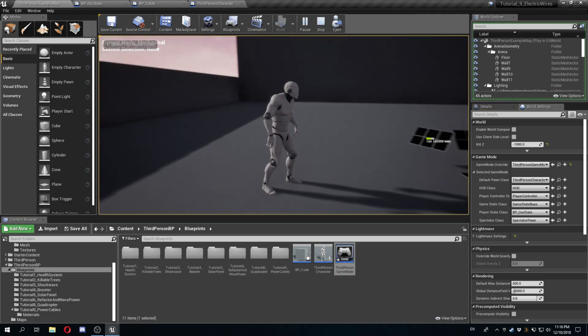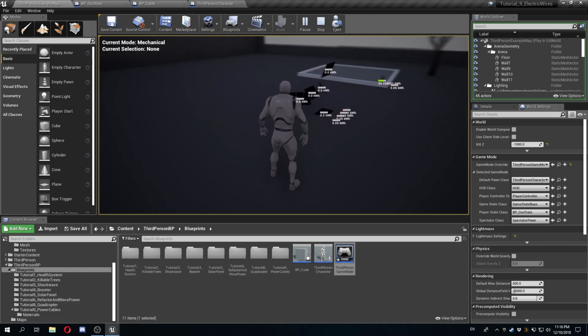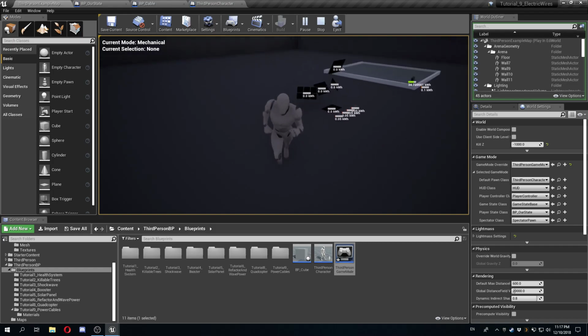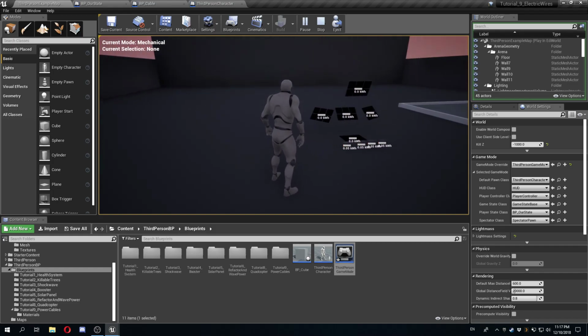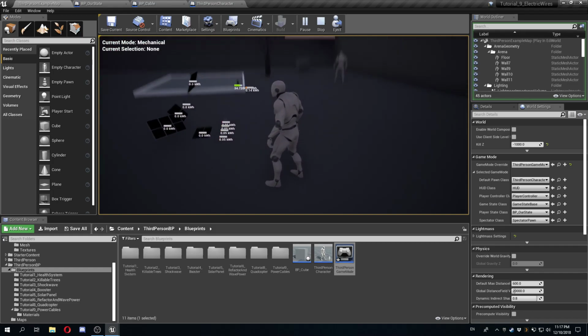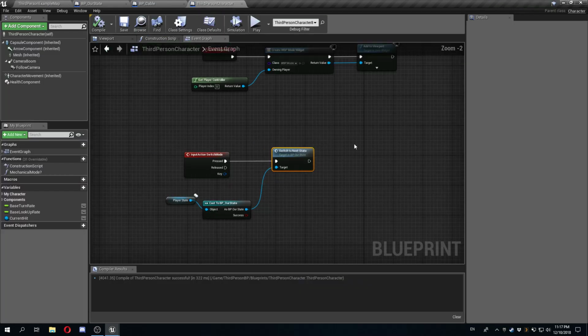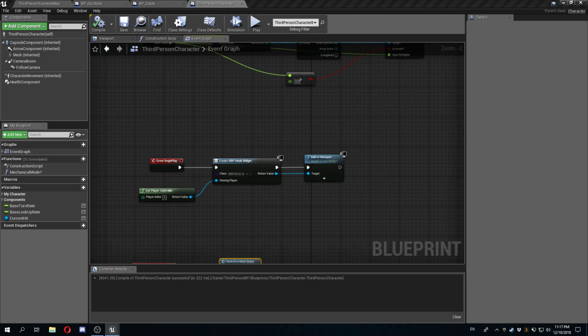I press tab. I am in mechanical mode, and I don't see anything because I'm not tracing yet for the object, but I can switch between the mechanical mode and the free mode. So that part is fine. Now I do need something on the third person character yet. I think I'm going to get rid of the fireball thing, or